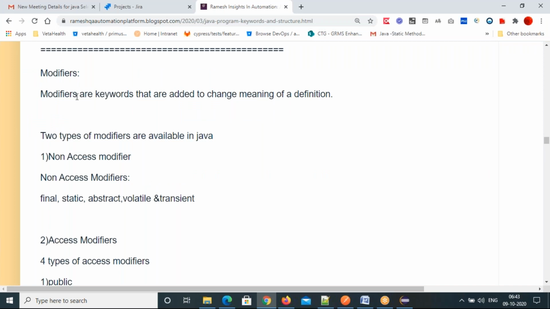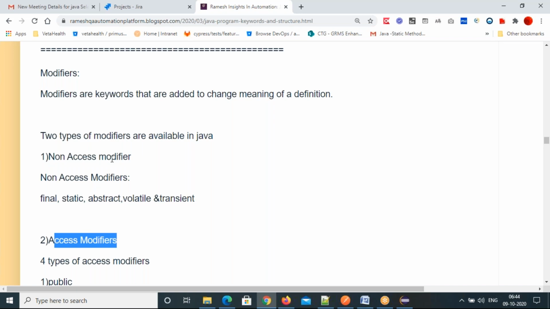So modifiers are reserved keywords. When you add these keywords to any entity, it will change the meaning of that entity completely. There are two types of modifiers, non-access modifiers and access modifiers.